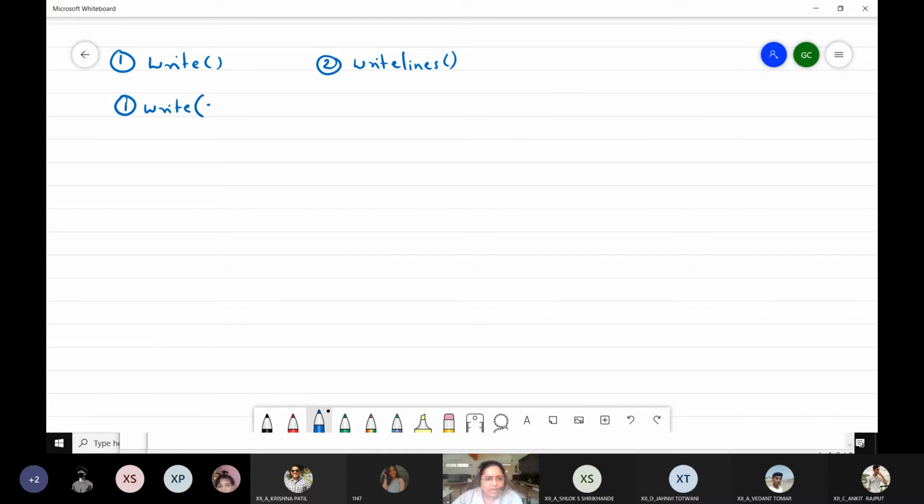Write function takes up one argument, which is a string object. And this string object contains your file content. So whatever you want to write to the file, you store everything in a single string object and you send it as an argument to this function. So everything will be written to the file.